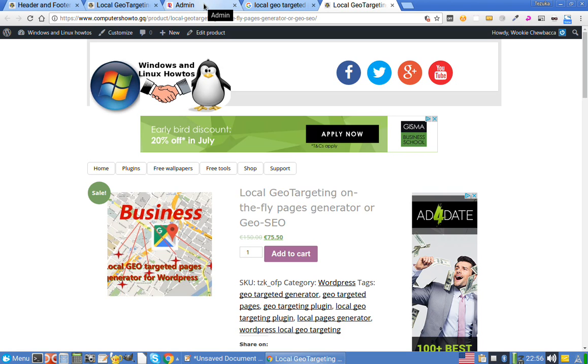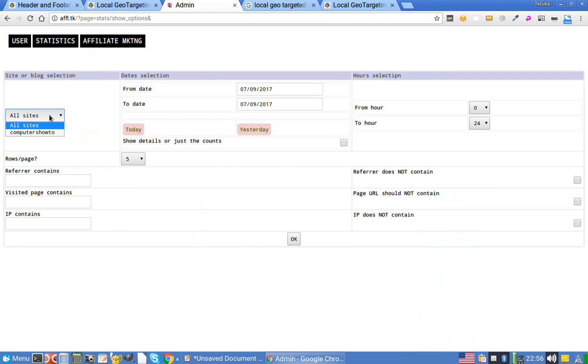So if you click again on Stats Options, you'll see that the computers howto entry already appears here. All you will have to do to see what that specific site has done in your little private blogging network or whatever you're working with will be to select the site you want to see details about and select some data, like from which date to which date. Today, yesterday is always automated. Show details or just the counts. Let's make an example with showing the details,